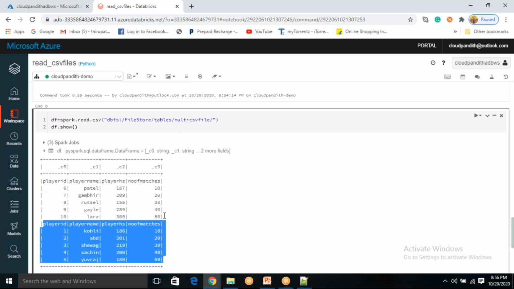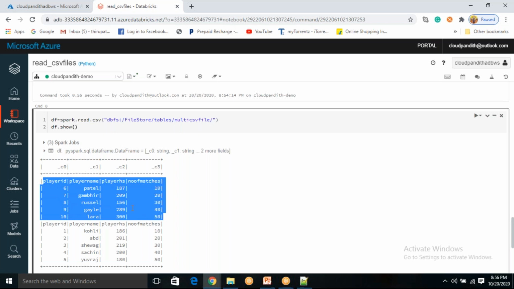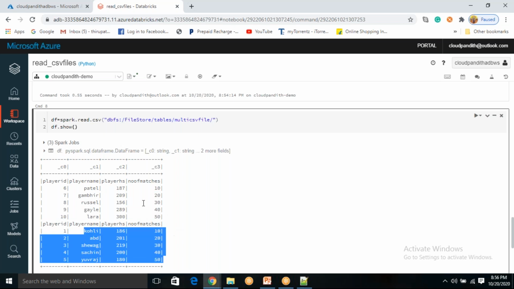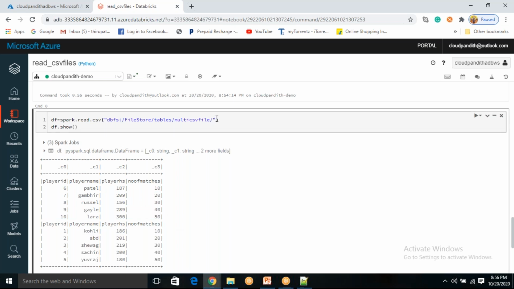But it did not identify that there is a header in each and every file. So how will you tell there is a header in the first file and a header in the second file? You need not tell separately. You simply say header equal to true.